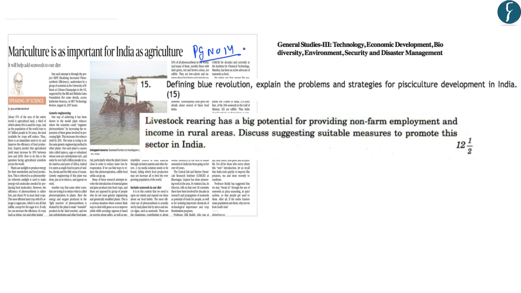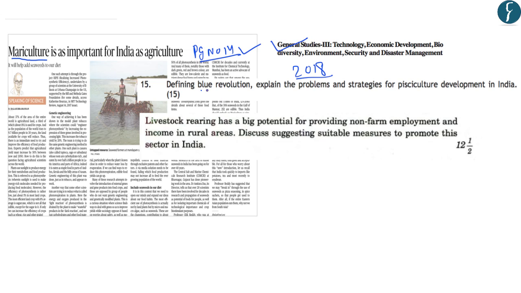This article on page number 14 is related to mariculture, which is a sub-part of aquaculture. Now, this will form a part of the General Studies paper 3 under the topic Economic Development. In this article, it has been highlighted that mariculture is important for India as a complement to agriculture. And if you go through the previous year questions, you will find that in the year 2018, there was